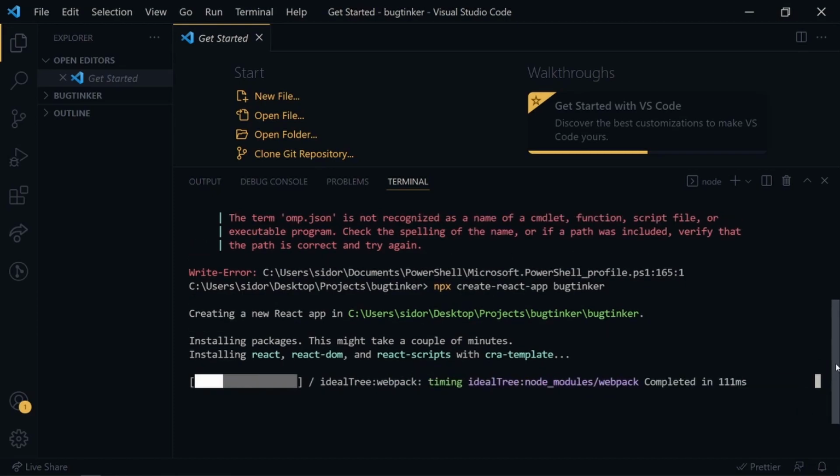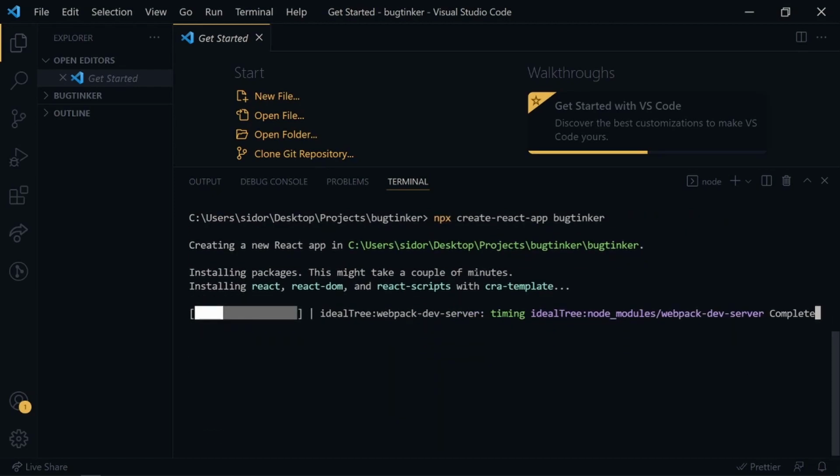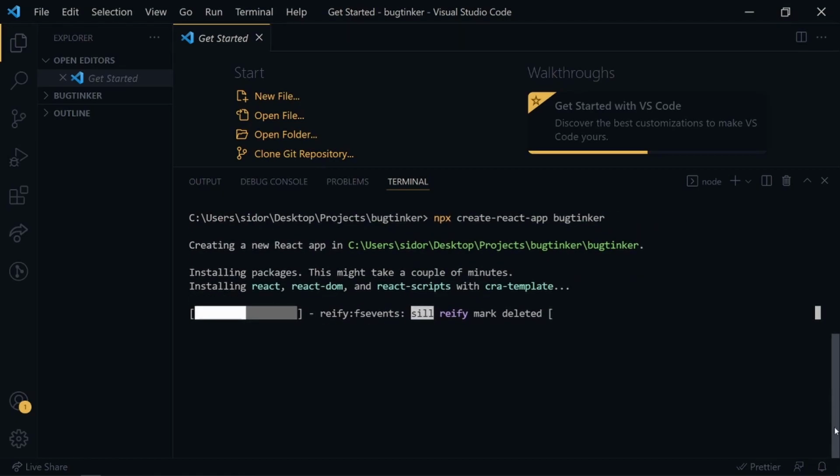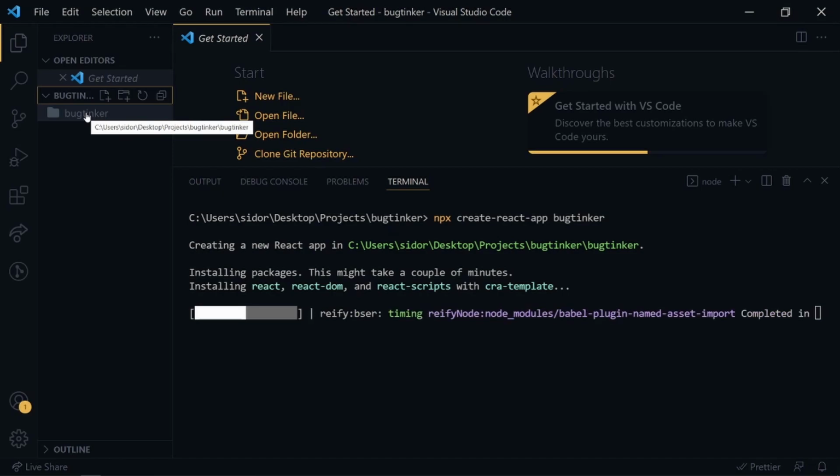Okay, now once we finish this, it will automatically show our app on localhost in our port. Okay, fine. Once the installation is done, it will automatically generate the folder structure of our Bugtracker project that I'm going to explain in detail. Fine. On the left side, remember,